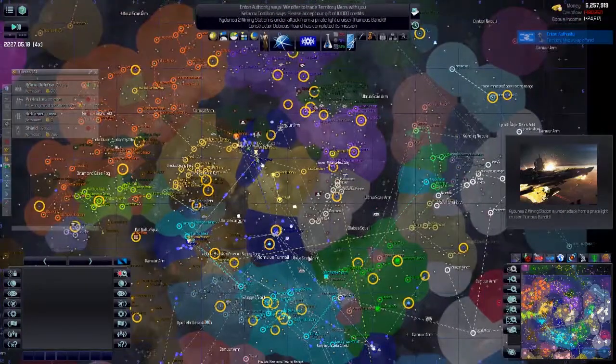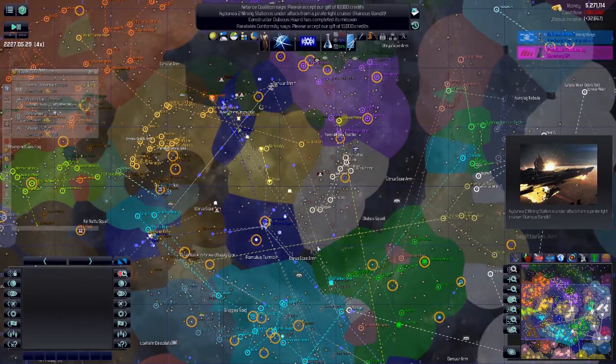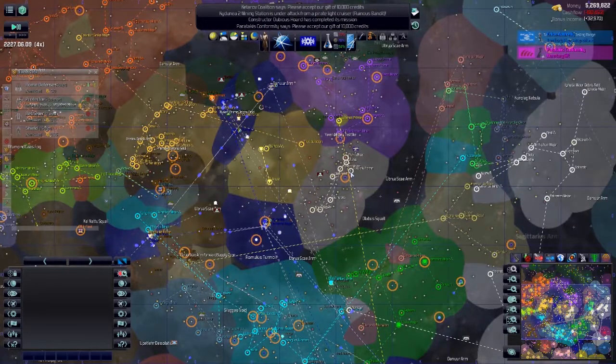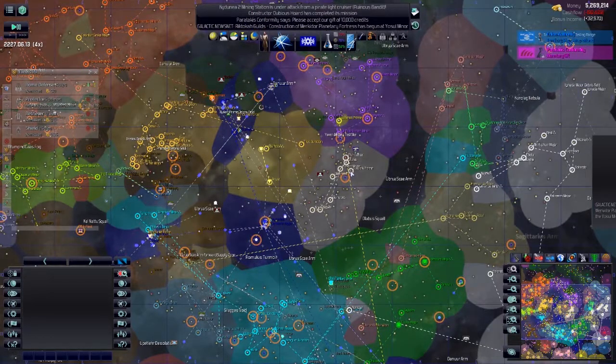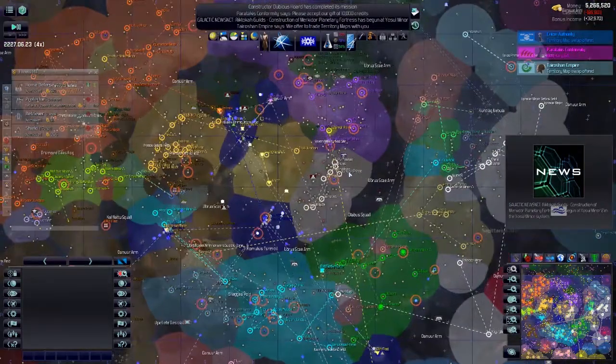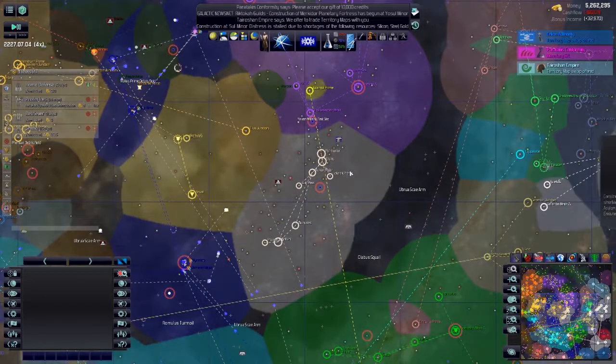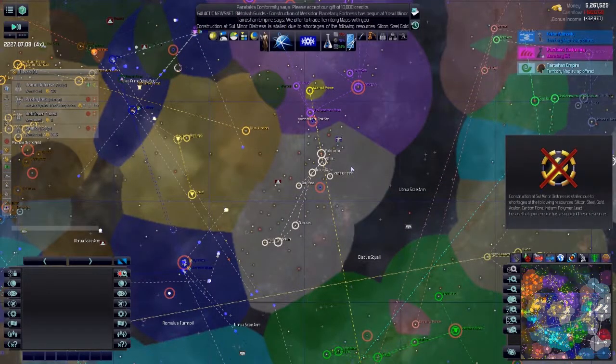And the tourist, well, we are earning some income, but the Retoken has so many wonders that it's bringing them so much money. It's absolutely crazy. Anyway,